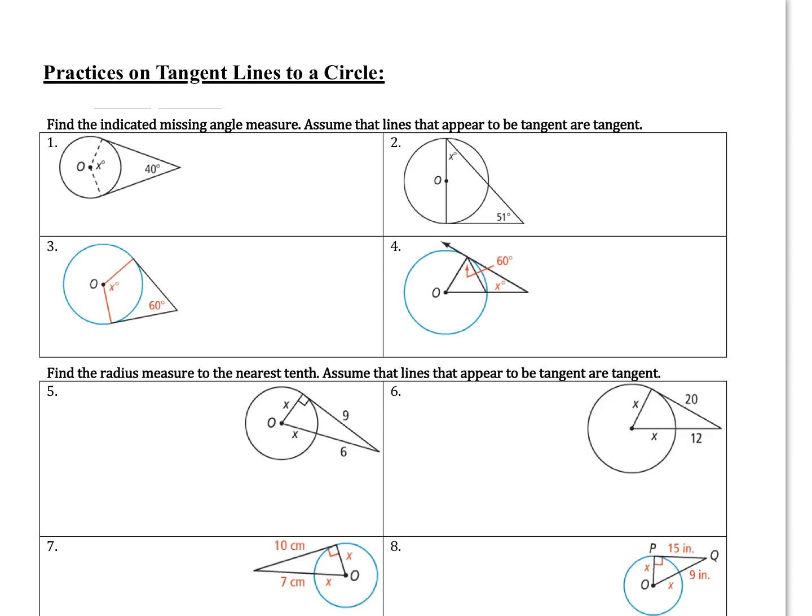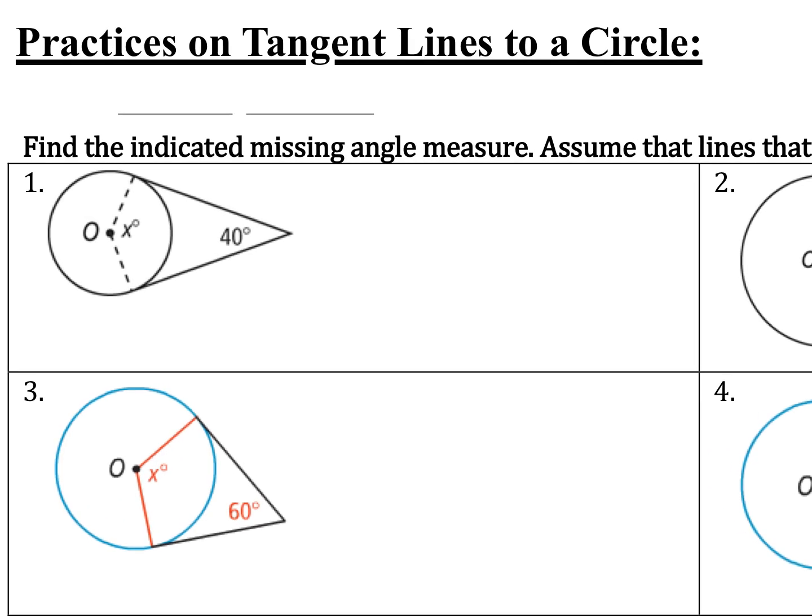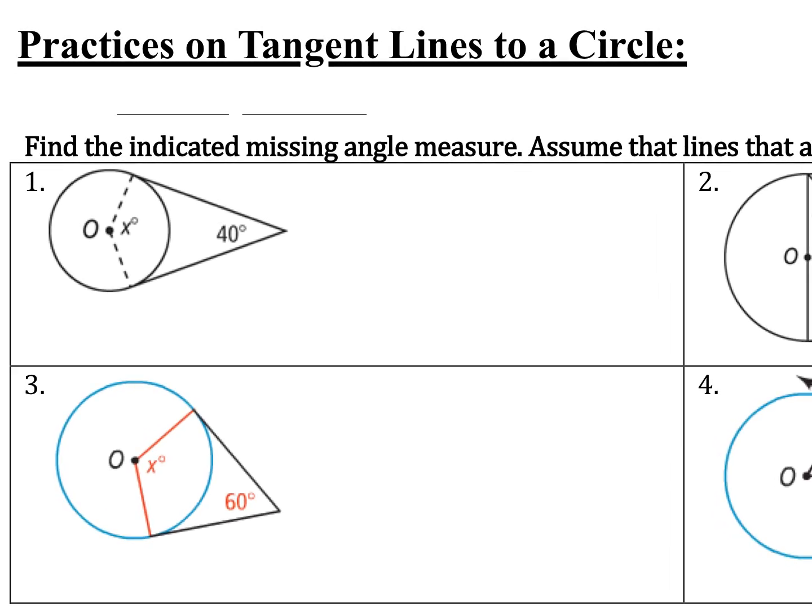Practices on tangent lines to a circle. Find the indicated missing angle measure. Assume that lines that appear to be tangent are tangent. Okay, number 1. So x degrees. First we're going to remember that all quadrilaterals add up to 360. So the first one is x plus 90 plus the other 90 again, and this one 40 is equal to 360